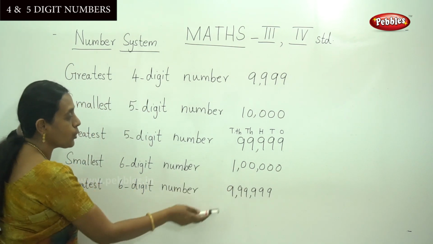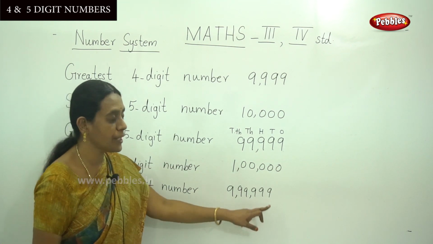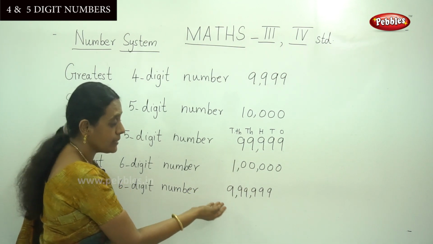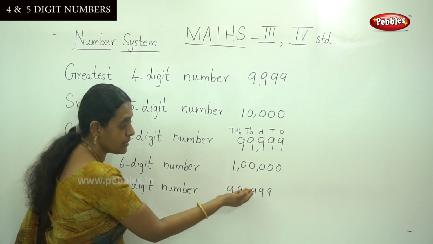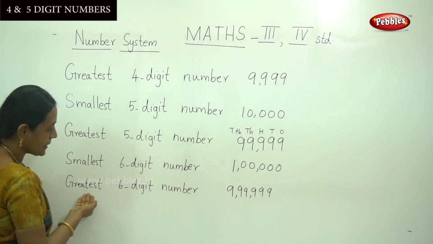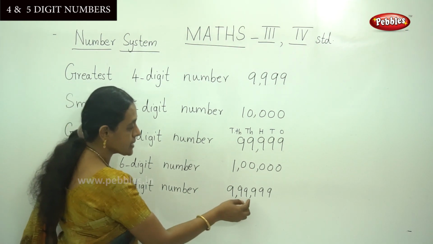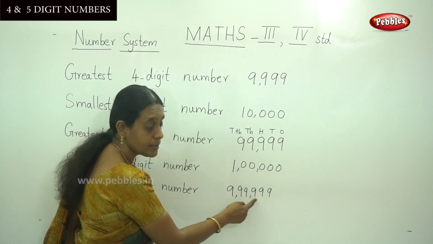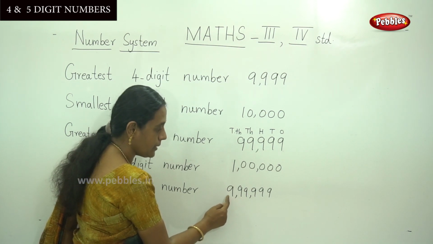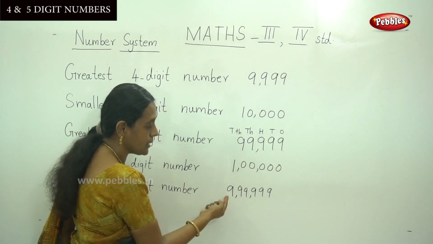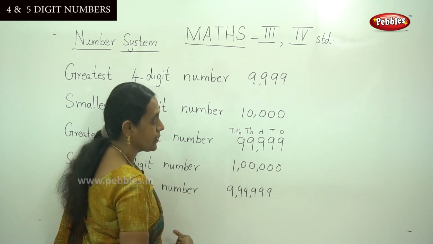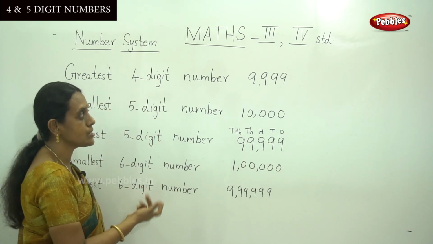This is followed by the next numbers, where you keep putting 9 six times, and it goes up to 2 lakh, 3 lakh like that, and that is 9,99,999. That's the last 6-digit number, the greatest 6-digit number. Place commas: ones, tens, 100, insert a comma here, 1000, 10,000 and again a comma, and that is 9. How to read this number? That is 9,99,999. So this is the introduction of 6-digit numbers.